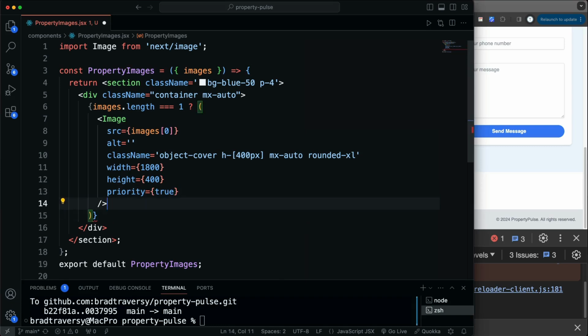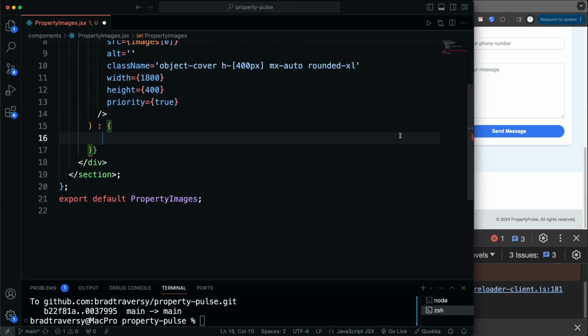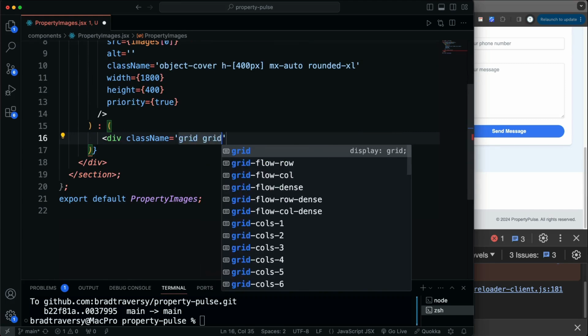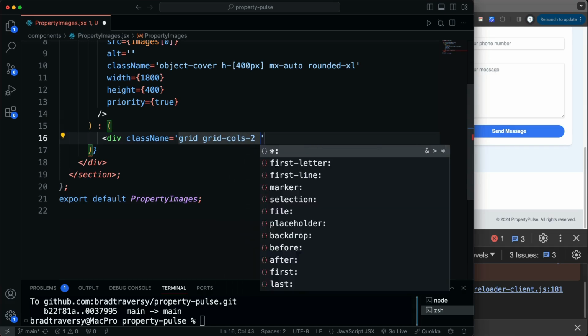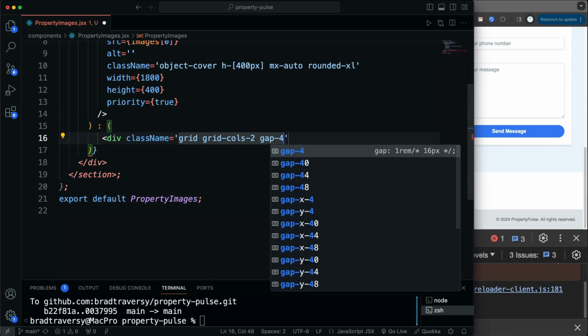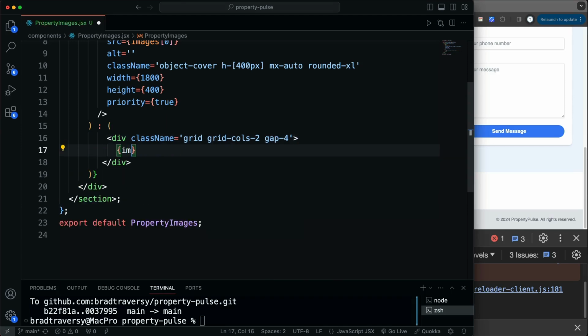All right, and then after that parentheses, we'll say else, then open up another set of parentheses, and in here we're going to have, say, div className grid-cols-2 and gap-4. Okay, and then inside that div we want to loop through the images